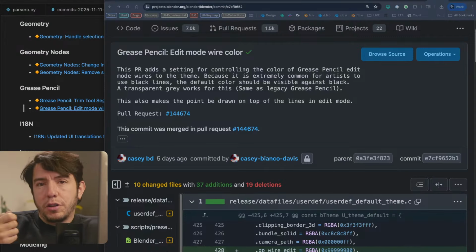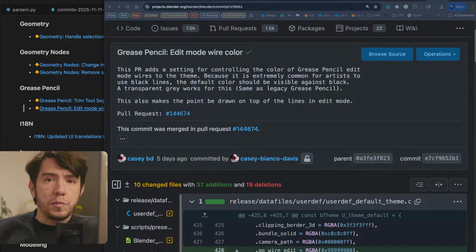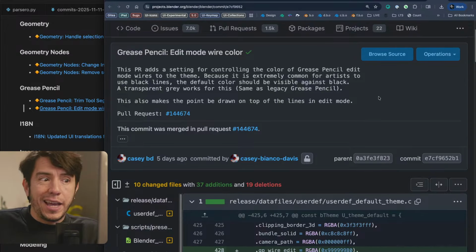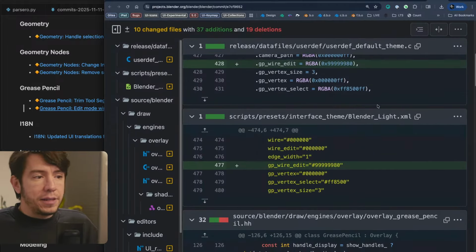Because of that, there is a new theme setting where you can customize the color of the wireframe, or the curve in this case, of Grease Pencil objects. So you can make it so your cube, your mesh, has black by default, and your Grease Pencil objects gray or white or something that you can actually see. That's it. That's all it is.